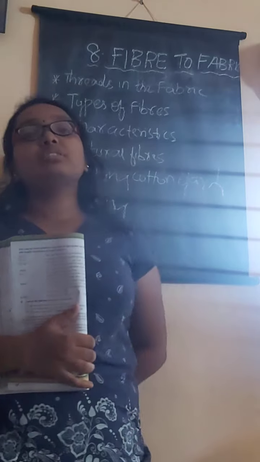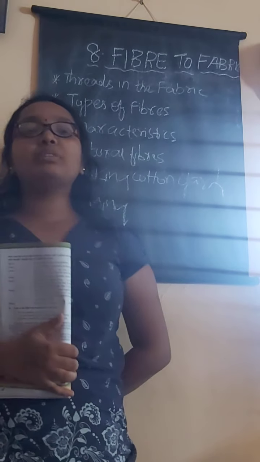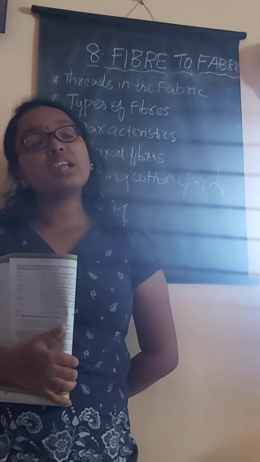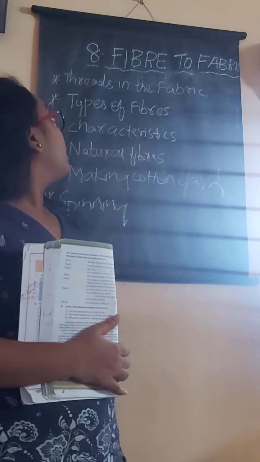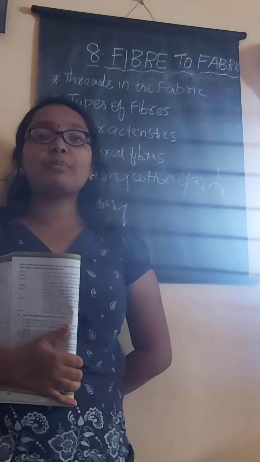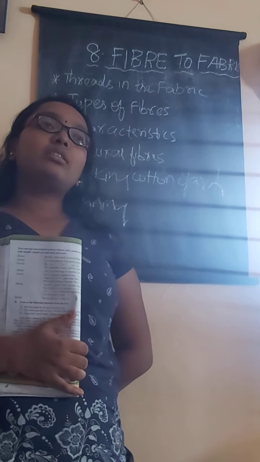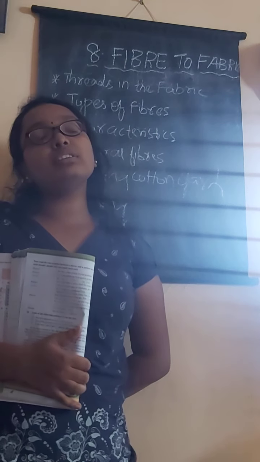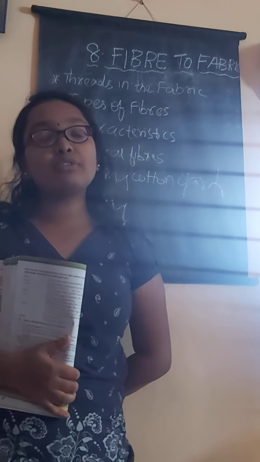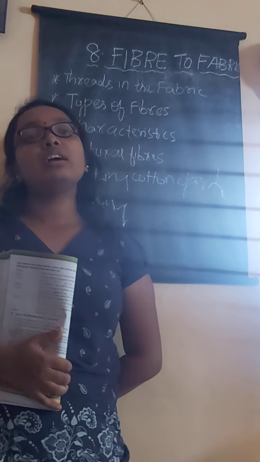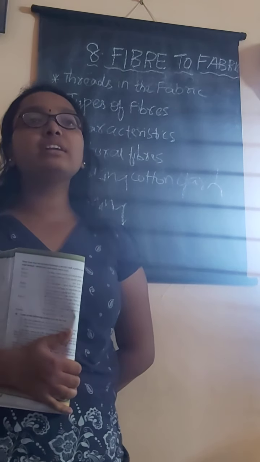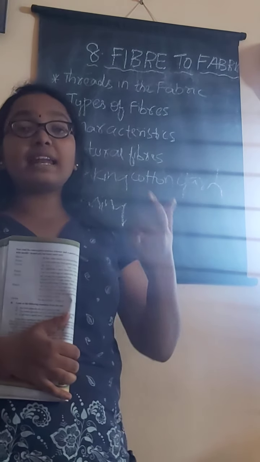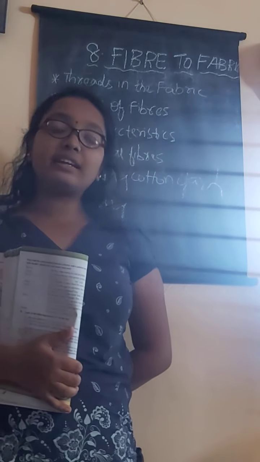Types of fabrics. There are many types of fibers, such as cotton, silk, wool, nylon, polyester and more, available in the market, and different fibers have different properties. Some are colorful, some are shiny and some are dull. They show different properties. So what are their characteristics? Now we will learn about the characteristics of fibers.